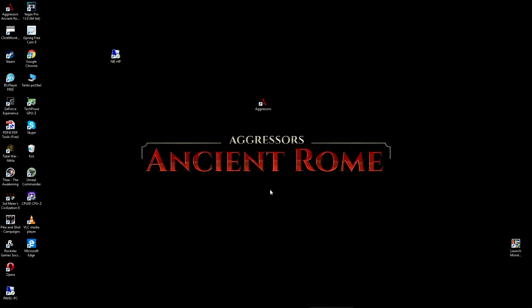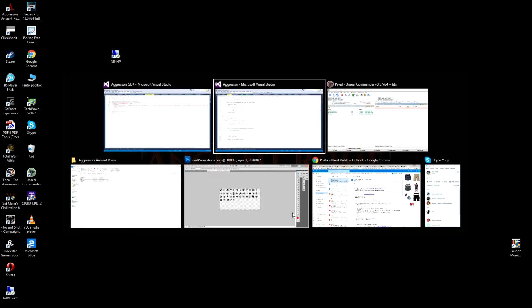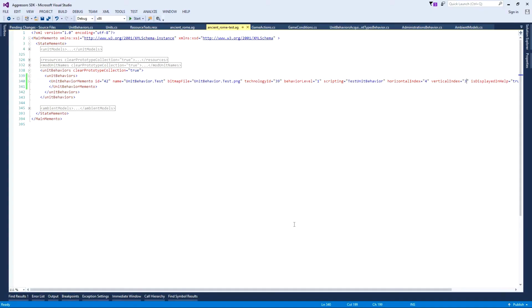So let's try one more fun scripting. Let's create a new unit action. Unit actions are probably the most difficult part of scripting, and that's also the reason why I saved it for the last part of scripting. There is no reason to specify the action itself in the mod definition file. The only thing you have to do is to create